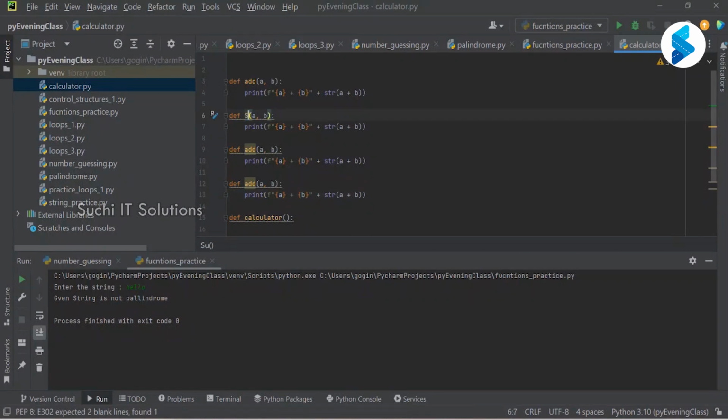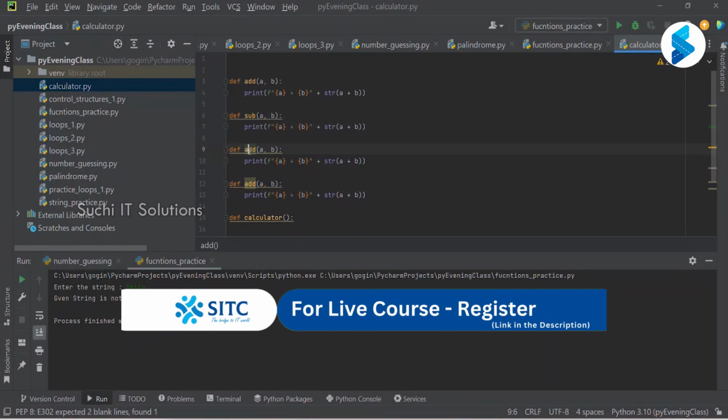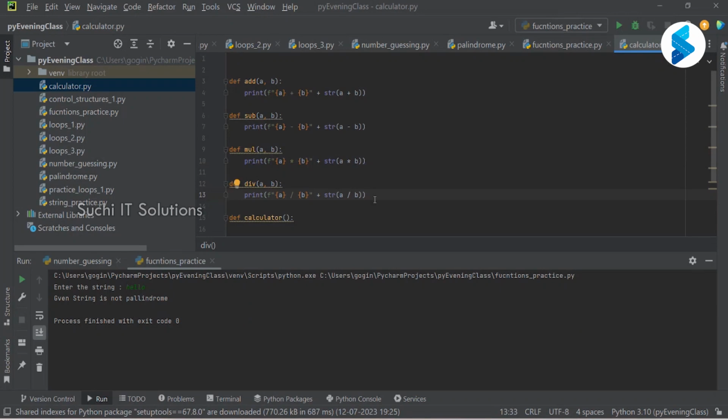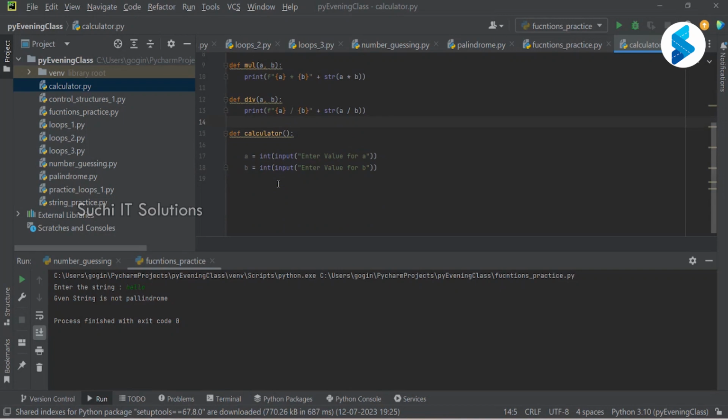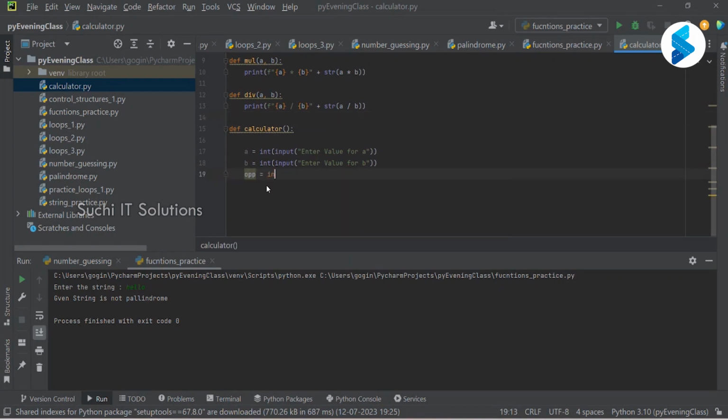Add, subtraction, multiplication, division. So I have defined my functions here. I'm going to take another input: operation is equal to input of operation. If operation, I'm going to convert it to lowercase. If operation is equal to add,